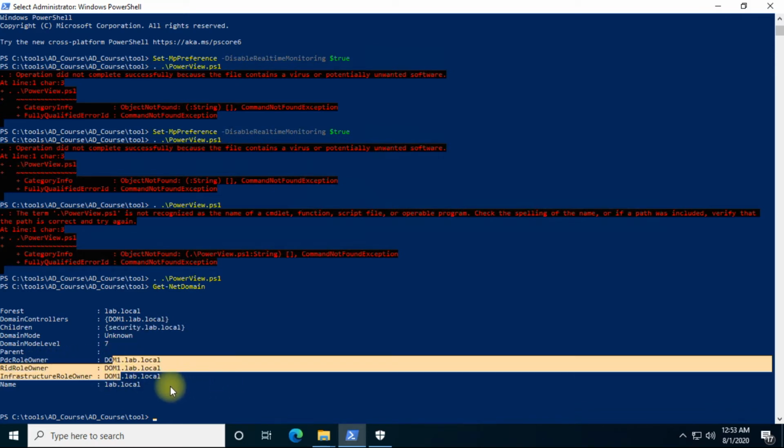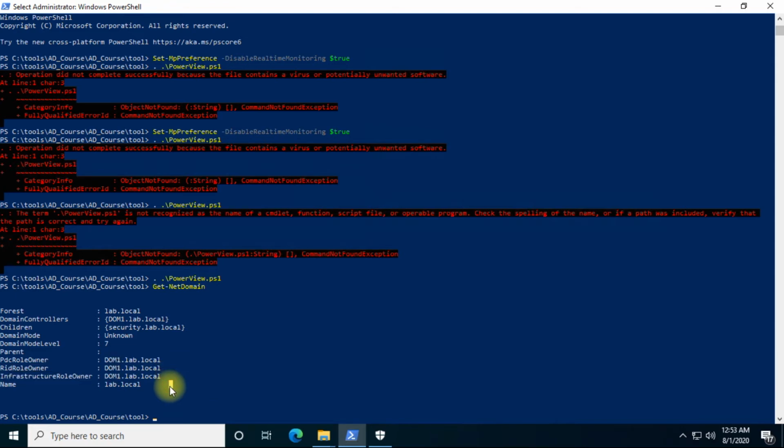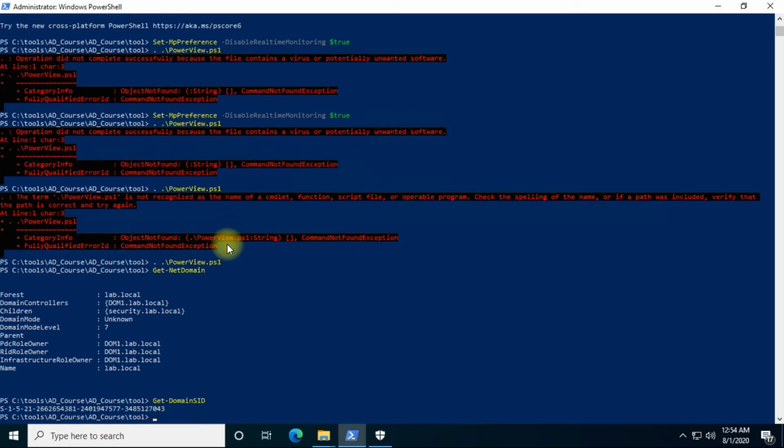Other than that, these are details about that domain itself. It's about the domain controller only. Okay, so now let's go to the next command that we call SID. If we try to use PowerView to identify the SID of that system itself, SID also we can get very easily.